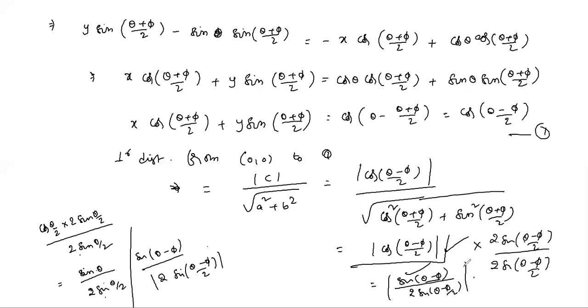Next, sixth one. Find the equation of a line parallel to y-axis and drawn to the point of intersection of the lines. So first we have to solve the two lines x minus 7y plus 5 equal to 0 and 3x plus y equal to 0. These are the given lines. So solving 1 and 2, your choice, you can solve by elimination method or cross multiplication method. I am doing cross multiplication method.